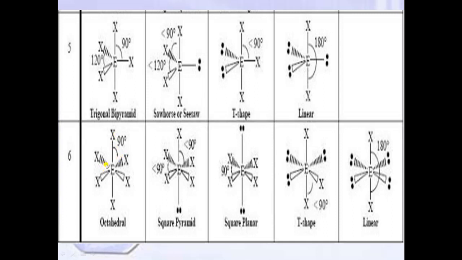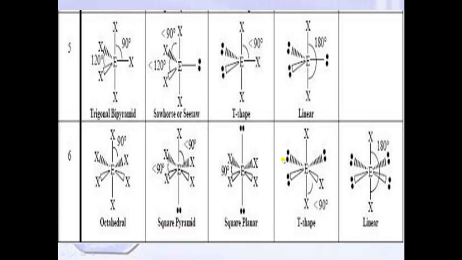These dashed bonds represent that they are far away from the observer, and these bonds represent that this bond is towards the observer. When there is one lone pair, then this is the case. You will keep the lone pair here, and now you will find out its shape. So its shape will be square pyramidal. Can you see these four bonds? They are making a square, and only one axial bond is present, so here you will write square pyramidal.